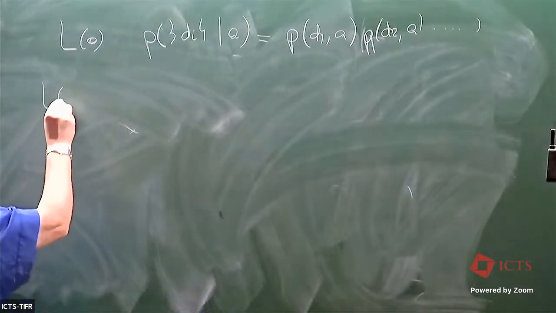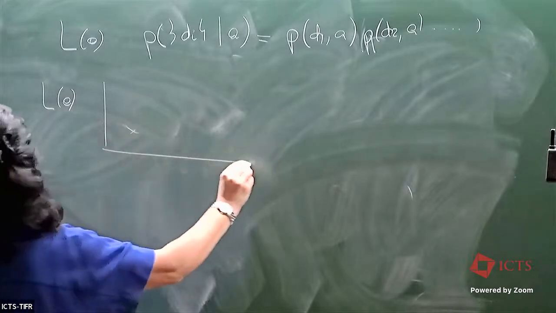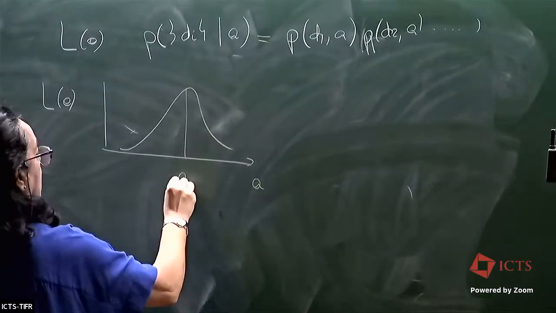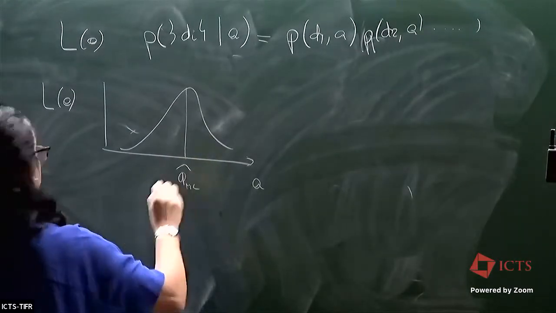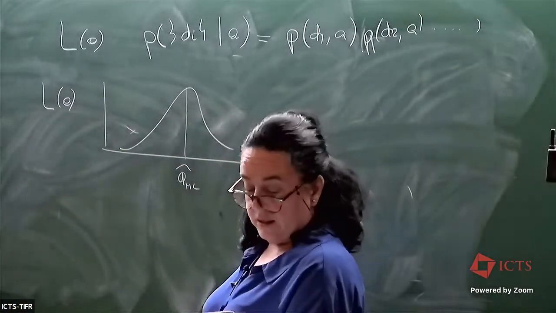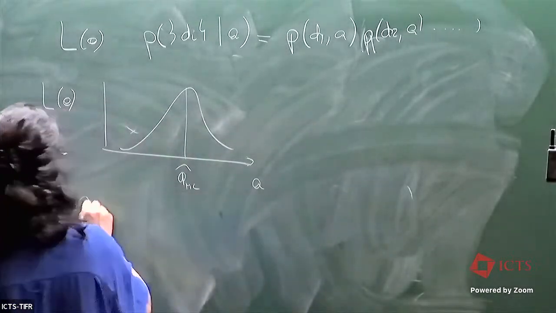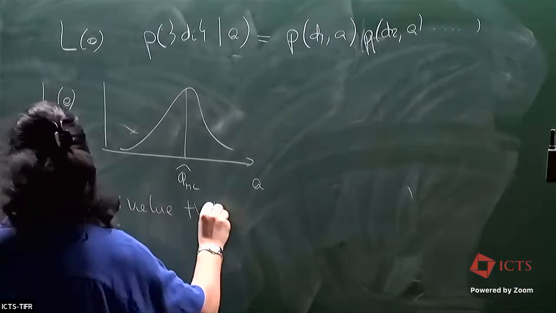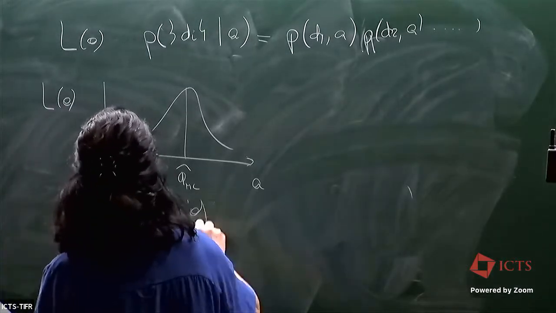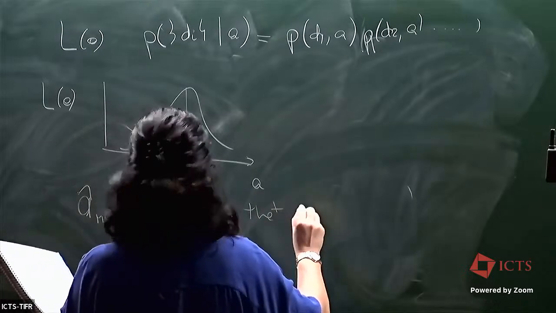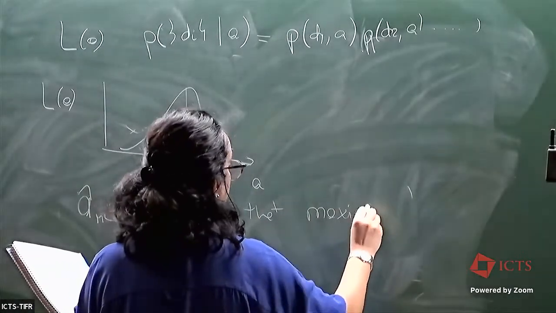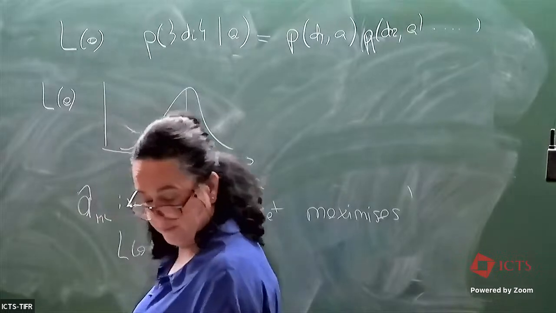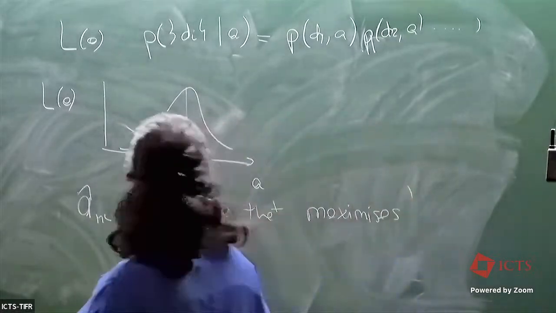So then I construct the likelihood as a function of A, and then we get this value here as the value of A that maximizes L of A. And then one can plot